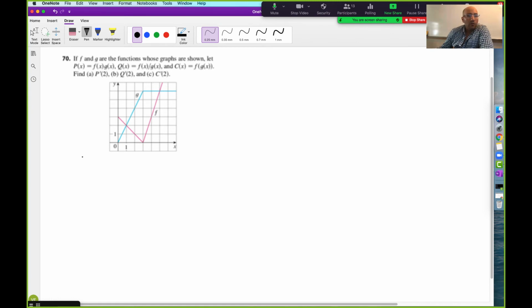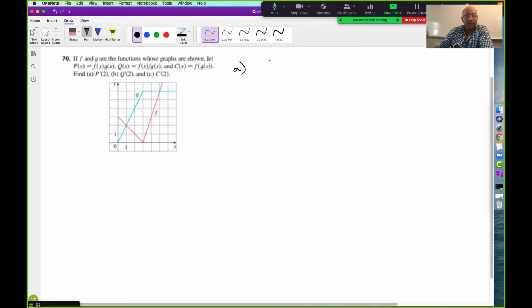Okay, so if f and g are the functions, we have the f function here described in red, and we have the g function described in blue, okay? So I've shown, let p of x equal the product of f of x and g of x. Let q of x be the ratio of f of x divided by g of x. And let c of x be the composition of f of x composed with g of x. Find p prime of 2, okay, so part A